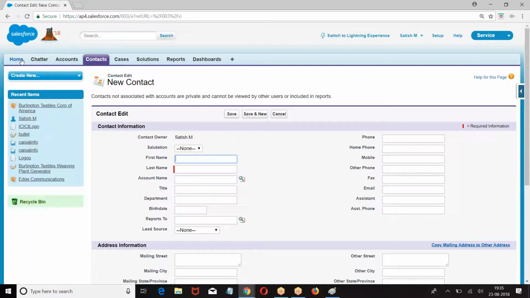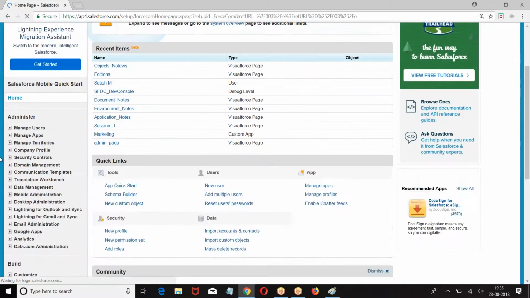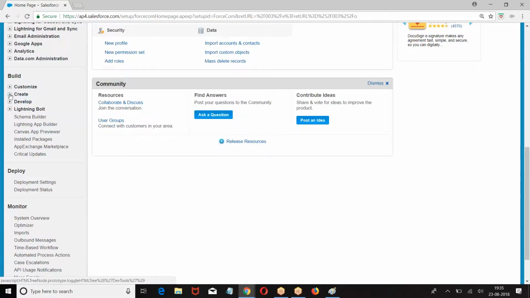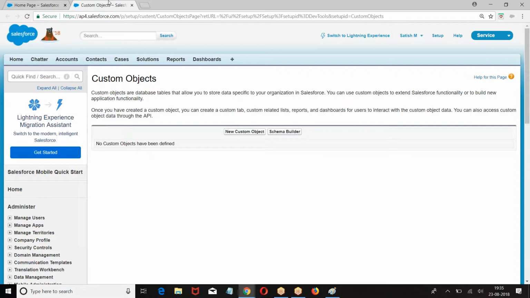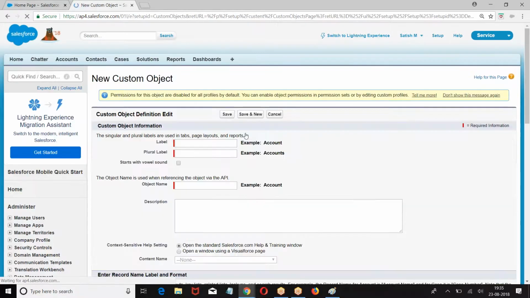So if the user wants to interact with the object, open a record, or delete a record, then we require an interface. What is that interface called? Tab. So on the tab, what is the name that is displayed? It is a tab for accounts, a tab for contacts, a tab for solutions. If you look at this, we have the plural form.